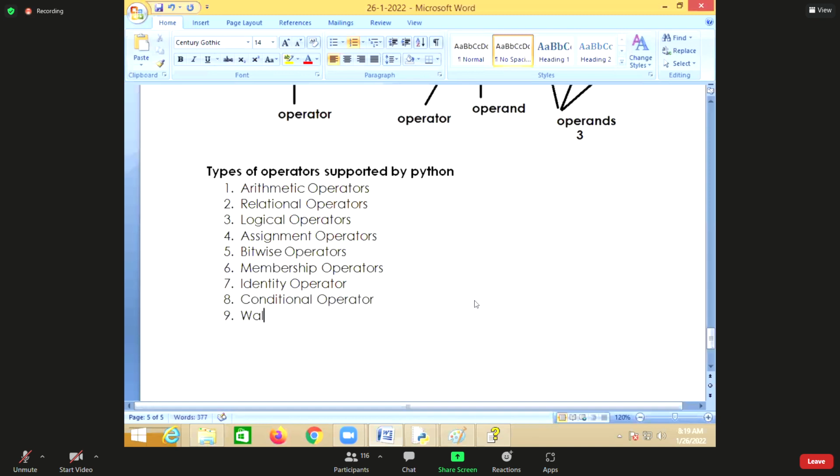And the next one is the walrus operator. So Python operators are classified into how many categories here? 9 categories are there. So arithmetic operators,